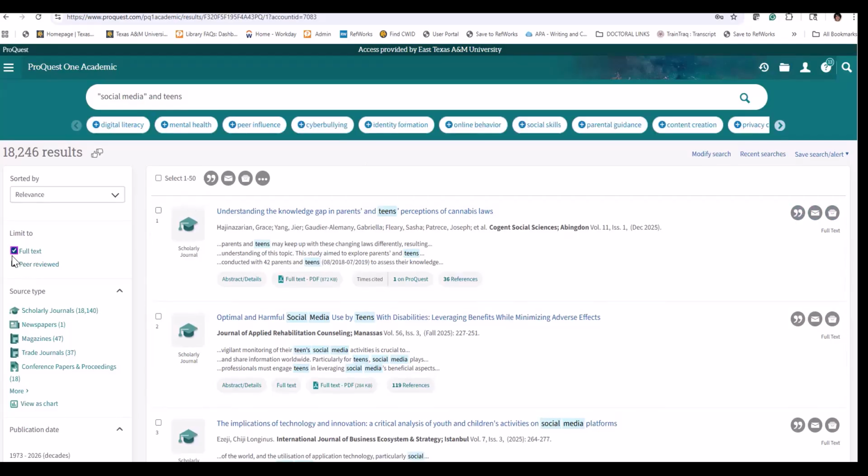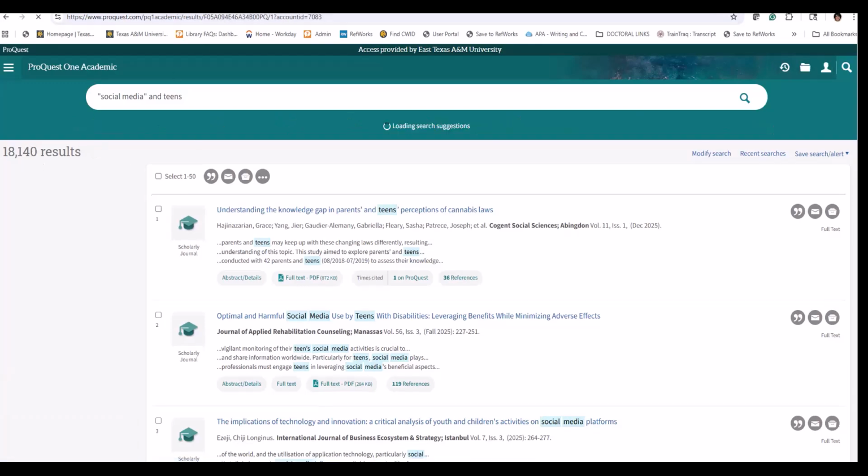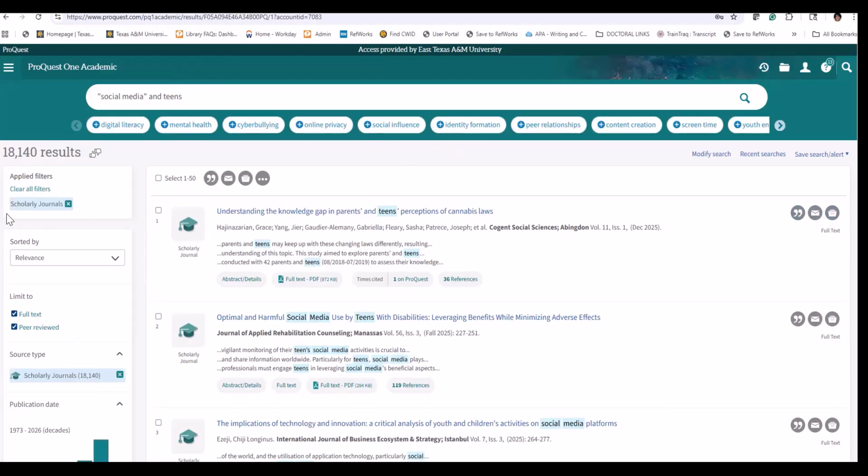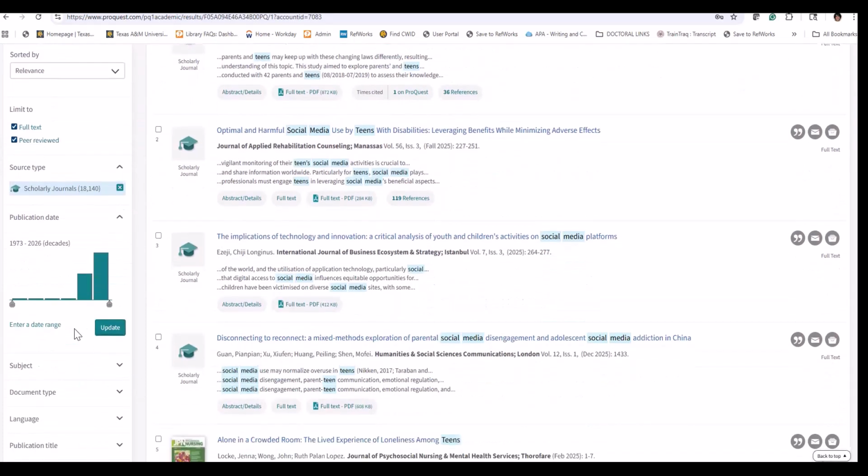You see that when I click in full text, that big number changed to 18,000, okay? And then scholarly journals, I want to make sure that all of these are within the scholarly journals. So through this database, give it a second to update as you see that loading. And the filters are here so far. If I scroll down again,